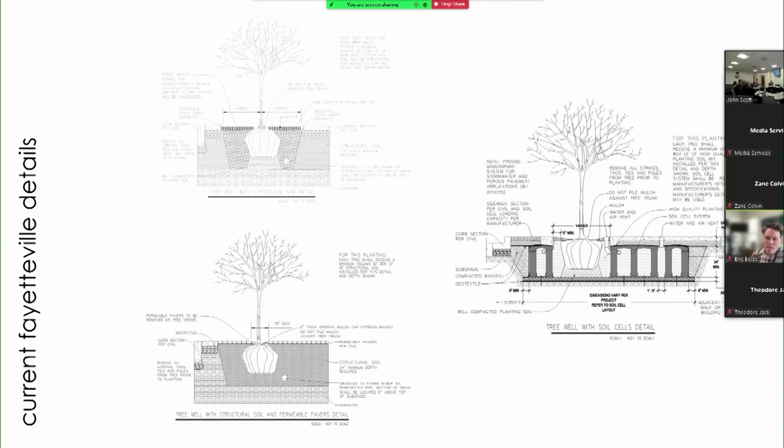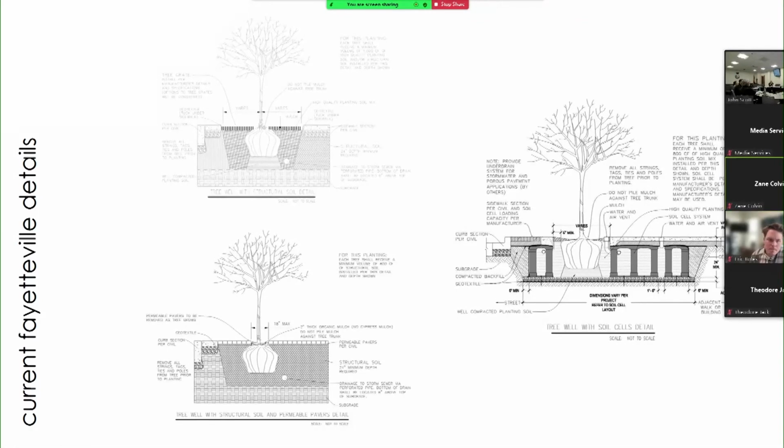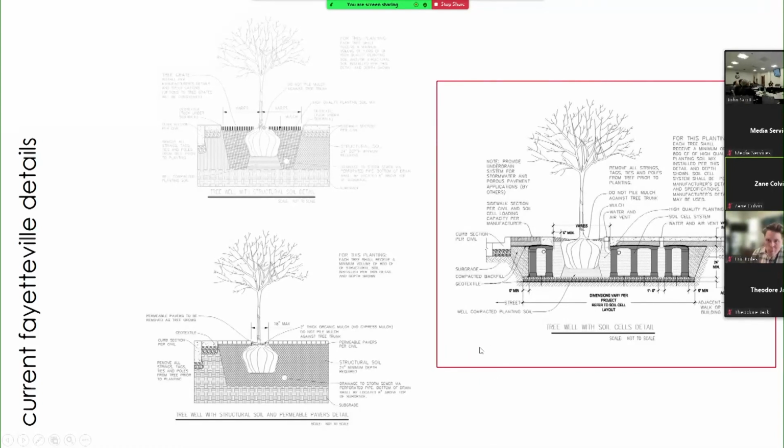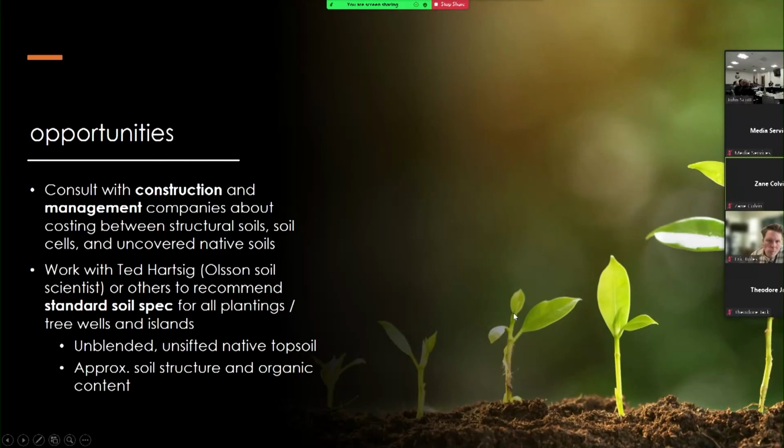So anyway, these are 3 of our standard specs now. There's 2 structural soils and 1 with the soil cells. So my suggestion is that we take a close look at making this the more dominant one, and the opportunity maybe to consult with construction and management companies about the costing difference between structural soils and soil cells and uncovered natives, and Ted Hartzick with Olson, who is working on the Cultural Arts Corridor project, has suggested that,